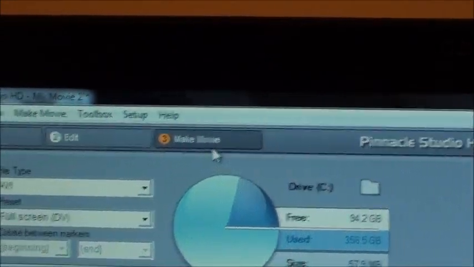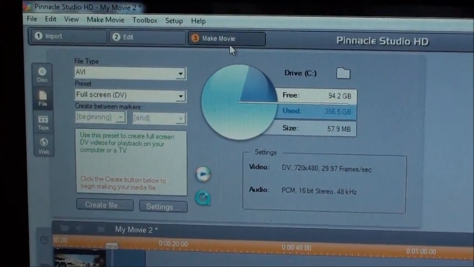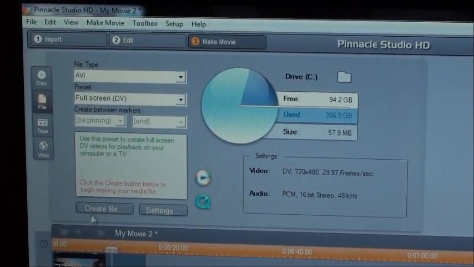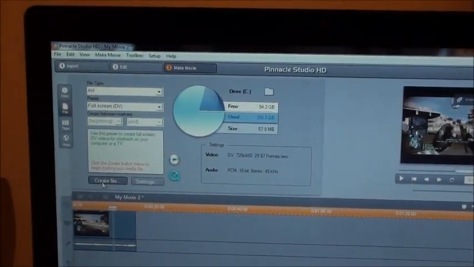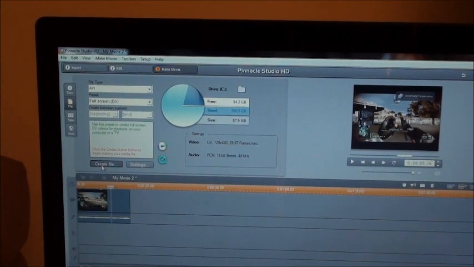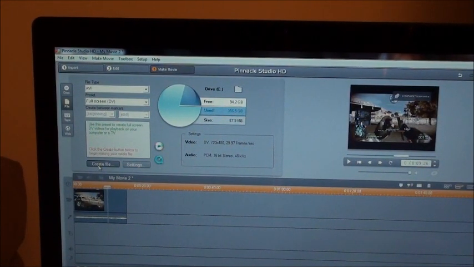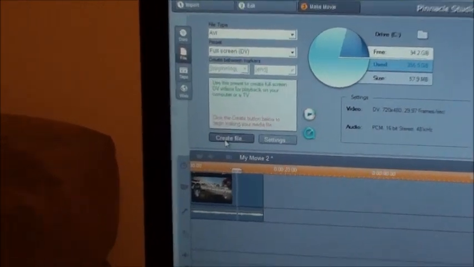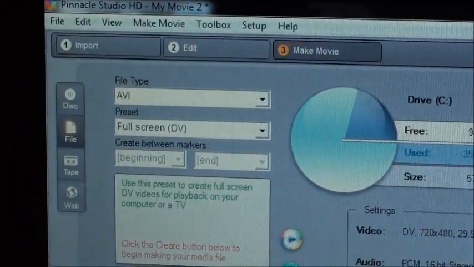And what you're going to do is pretty much make a movie. You're going to make the movie, because right now you're still in a project phase. When you start editing video, you're actually in a project. So you cannot play this video unless you save it as a movie, because you're in a project phase of it. So what you're going to do is go down to create file, and your file type is going to